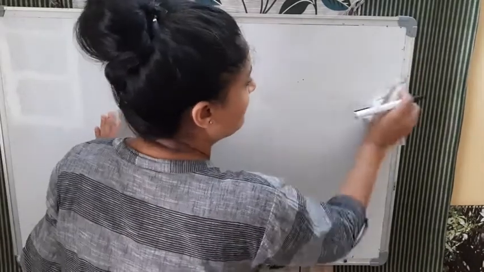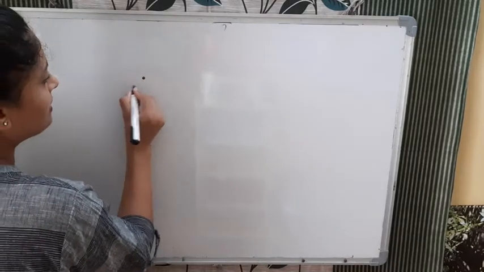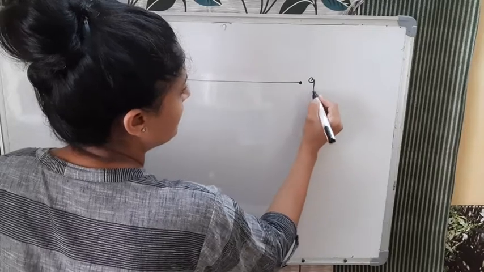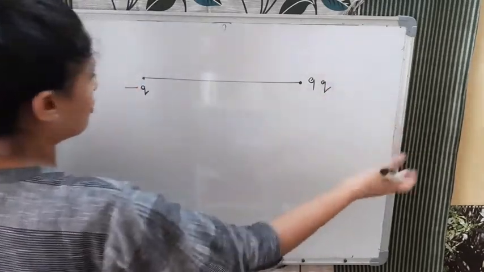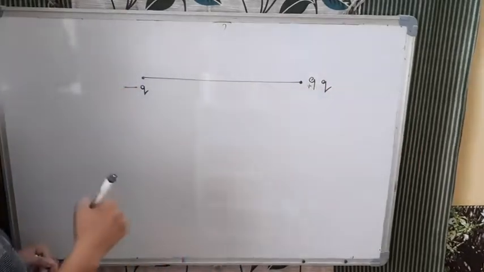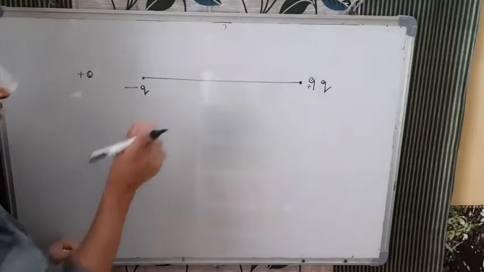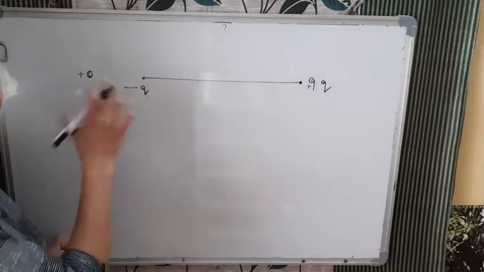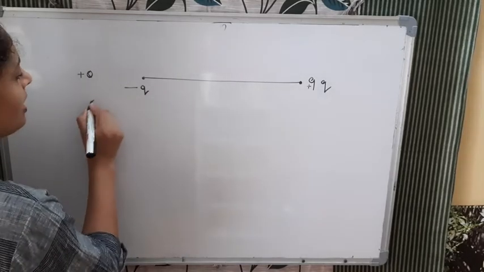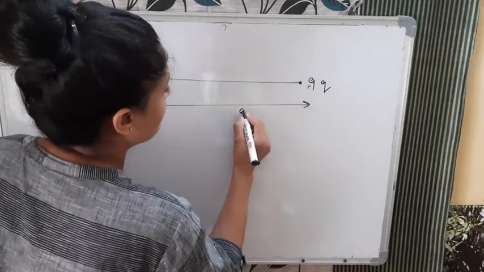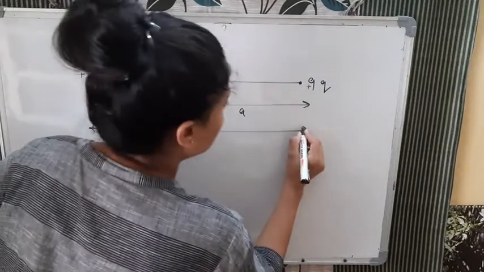So see, if there is one question and you need to solve, how will you solve? For example, this side minus q and this side it is 9q. I am taking the larger value, plus 9q, and I want to put a third charge. I will put that charge this side. हमेशा remember, near the smaller one, जिसका magnitude कम है उसके पास रखना है. So plus q. Now I am considering this distance will be x, and if the total distance is a, what will be this distance? It will be x plus a.